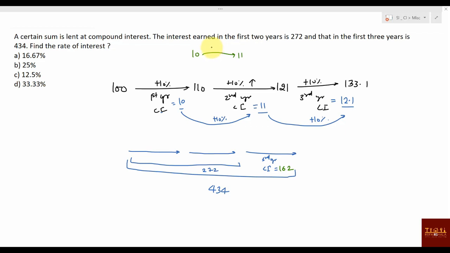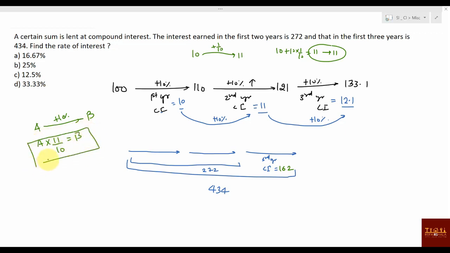Plus 10 percentage, or you can say plus 1 by 10. Plus 1 by 10 of what? 10. So 10 plus 1 by 10 of 10, how much? 11. That is corresponding to 11, that you can say 1 is corresponding to 1. Or what I am going to say is, if any starting thing is there and a 10 percentage increment is happening and then it is becoming B, you can simply write A will be 11 by 10. That will be the B value. Yes or no? Or you say this whole value is the multiplying factor.